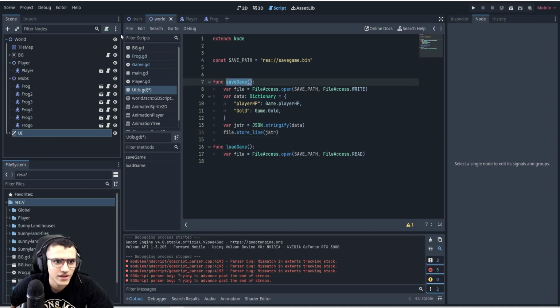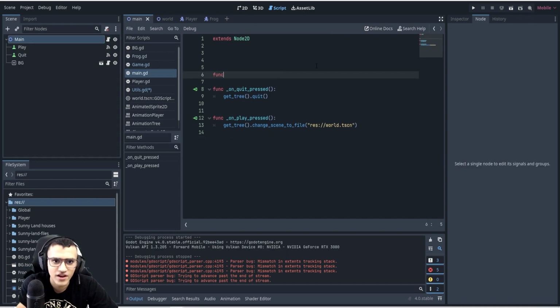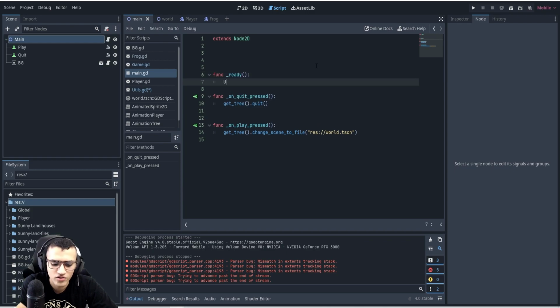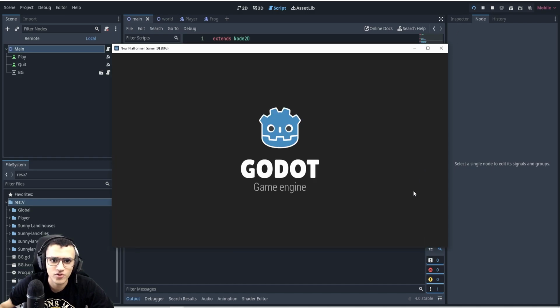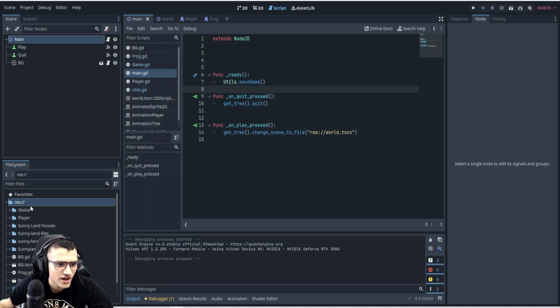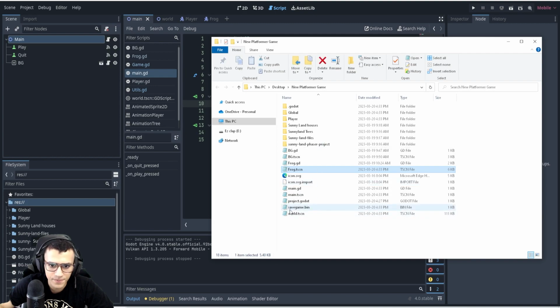So now what we can do is let's go to our main. Let's go to our function here. Let's add a function, say ready, and then we're going to say utils.saveGame. And I just copy pasted it. So now when I play it, it's going to save the game and hopefully it doesn't error. Awesome, no errors. And now we can actually open this up and we can see that we have